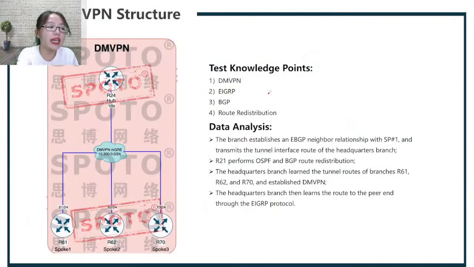The next part is the DMVPN structure. I can tell you this part is very difficult for many students. So we can see this part. Which key point of this? First, you must know DMVPN and EIGRP and BGP and the route redistribution. Also, I need to share the data analysis with you. First, you must choose. First, the branches